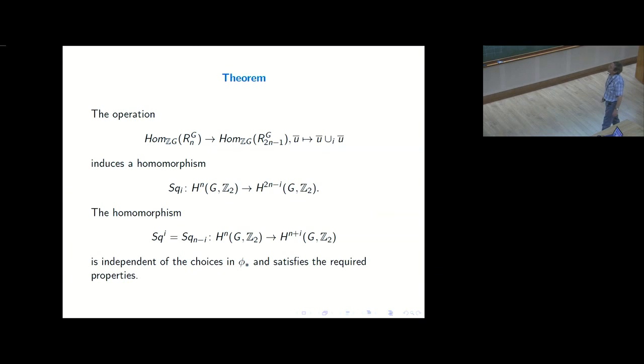And then the final slide, I got there today, 1 minute ago. The final slide says that the Steenrod squares that I was talking about are constructed in terms of something called SQ n-1, where what's SQ n-1? Well, it's an operation. This operation here, whatever it is, induces something called SQ n-1, and then when you change